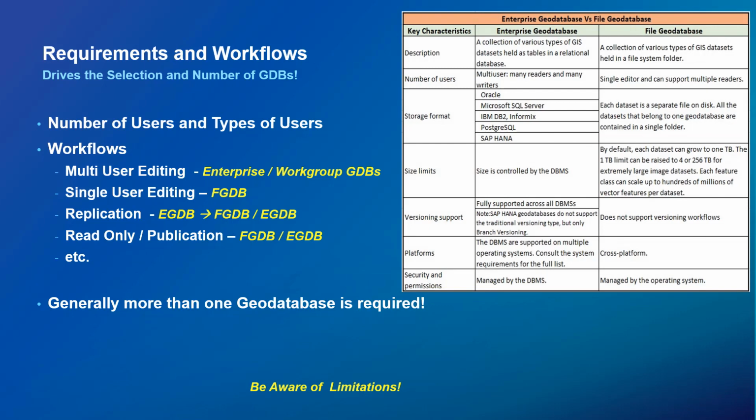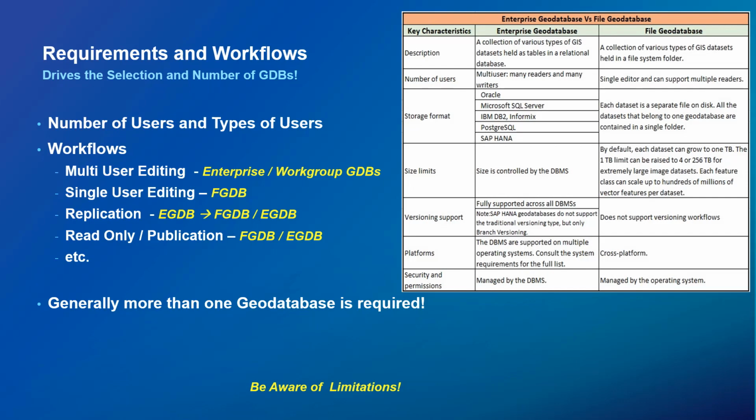And then another area to think about, and I think to summarize this, is the notion that we probably don't want to put all of our data into one geodatabase. So all data goes into a single geodatabase. That can be problematic. Depending on your workflows and the number of users and the themes in your data, generally speaking, you're going to have more than one geodatabase running, whether it's a file geodatabase serving up pretty static data that changes rarely